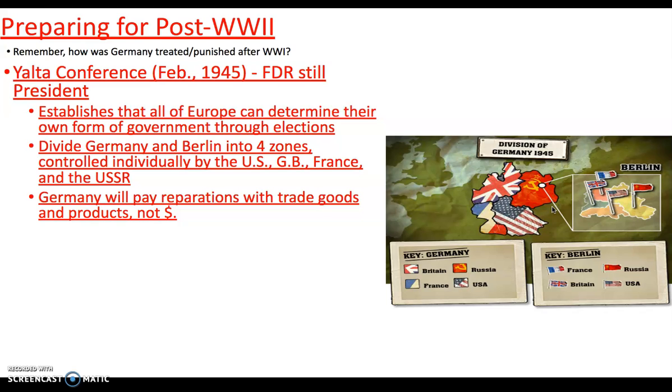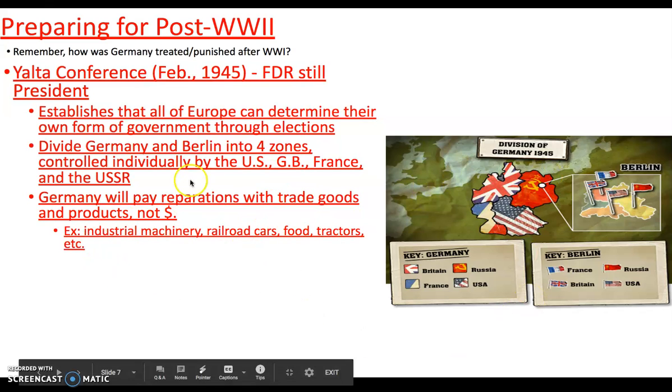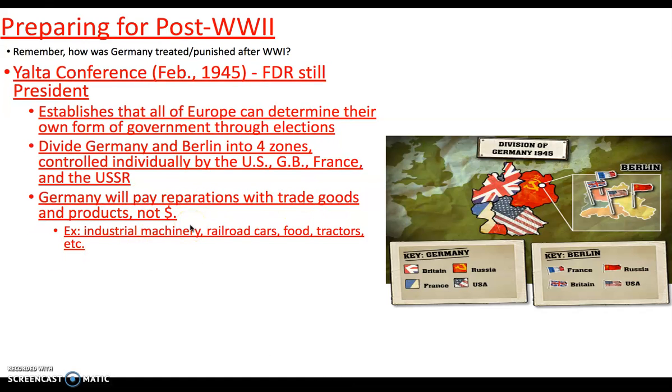So Germany will have to help rebuild because a lot of their infrastructure and industries here in the West has been heavily damaged, but not beyond repair. And that stuff will be sent out to the Allied countries and the victors to help rebuild. So Germany will have to spend time investing and building stuff for other countries as kind of a result of the things that they did here in World War II. So things that they have to give away, railroad cars, food, tractors, industrial machinery, they have to give away, but also use to create and give to these other countries.